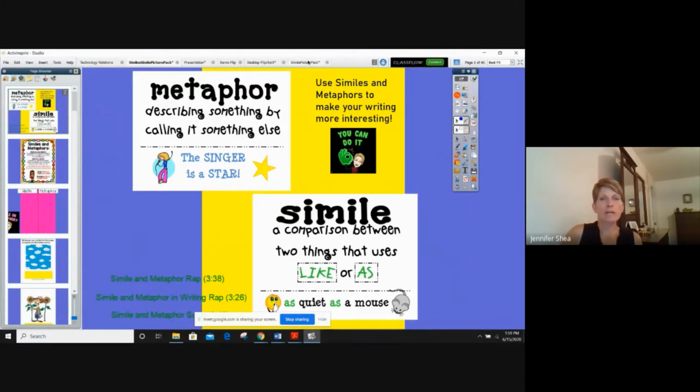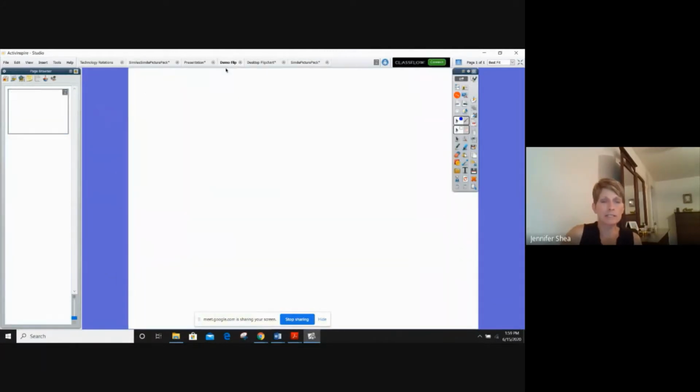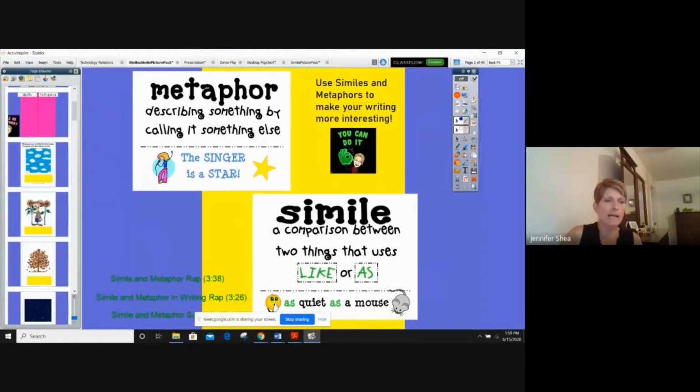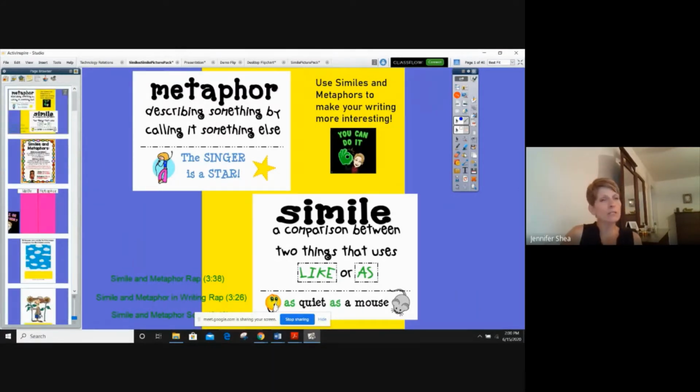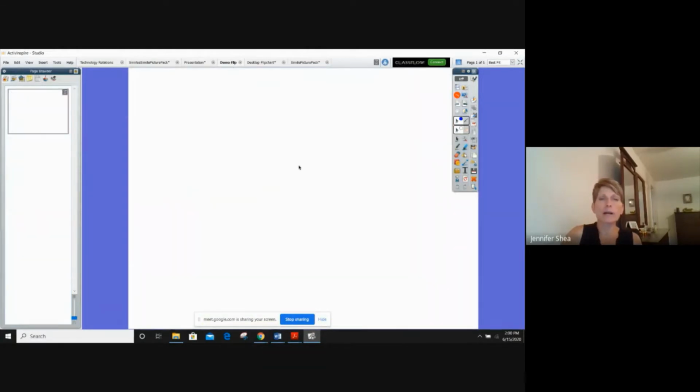So once I've imported my longest PDF, I now can go in and I can start adding. You can see here is where that is on my already created chart. It's kind of in the middle. But I really wanted to start my lesson off with a few posters, maybe a song to listen to, and some other things. So I'm going to go to my demo chart where I